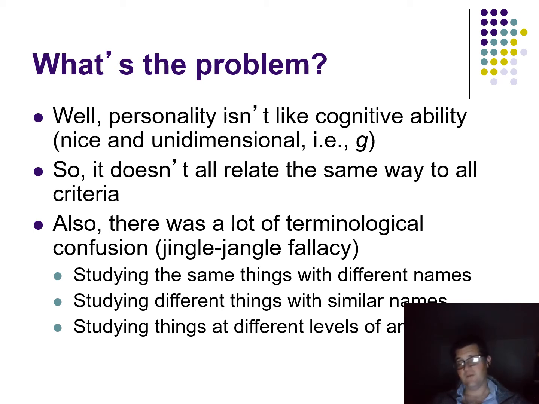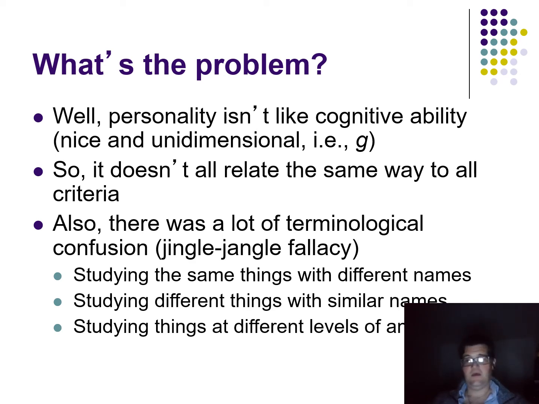There's also this problem with what's sometimes called the jingle-jangle fallacy, which meant that people were studying the same things with different names, studying different things with similar names, and studying things at different levels of analysis. So it took a long time before people were able to review the literature on personality